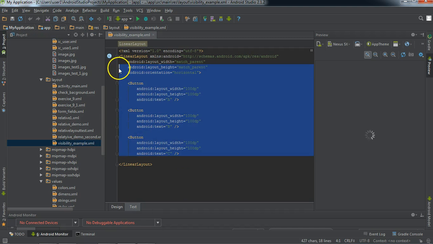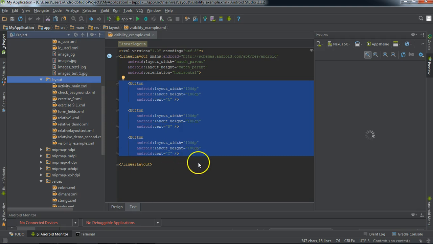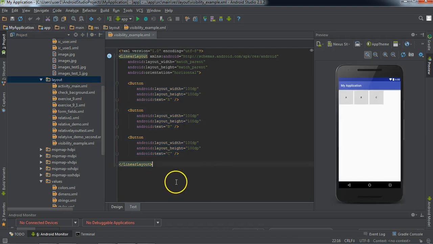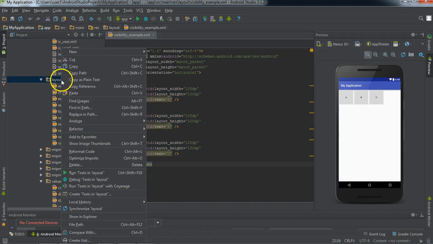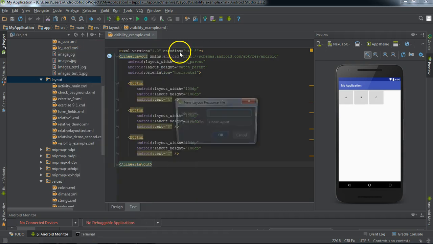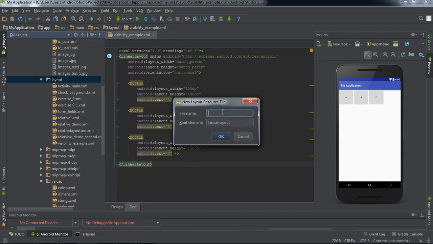I'll just delete everything here, or we can create a new view, so that it's the same as what you see on your Android Studio. There is no difference. For creating a new view, we go to layout resource file,